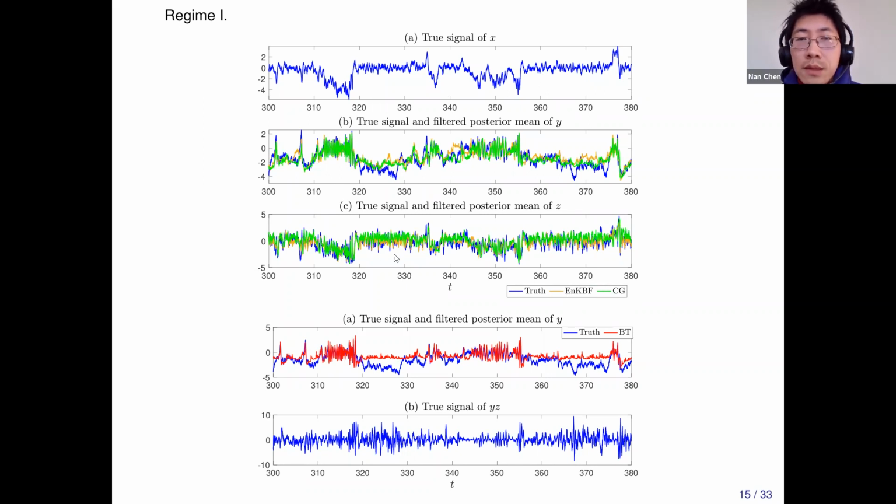So for this regime, it's hard to tell which of these two methods is better. In terms of the error, the CG method, the conditional Gaussian method, is slightly smaller, but I don't want to say it's perfectly good. Of course, the truncation method is horrible. You can see it misses the truth, right? And the amplitude of this term is pretty big, so you cannot just ignore it. You have to use that closure to build an approximate model.